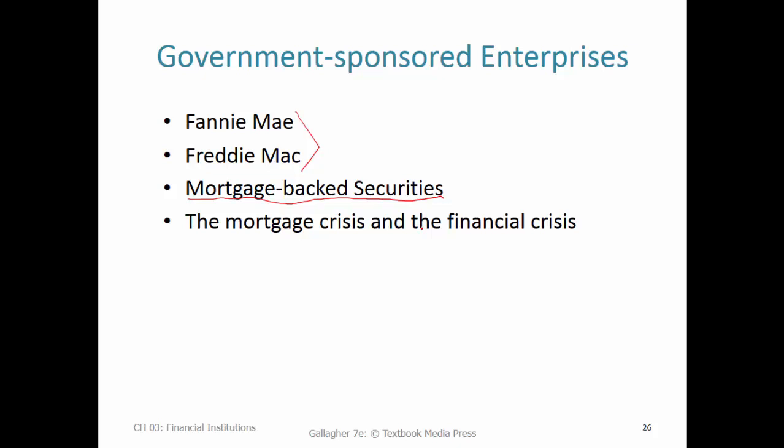Okay, so that wraps it with our quick overview of financial institutions, and that actually does it for Unit 1. When we come back in Lecture 4, we'll be diving into businesses' financial statements and how we can look at those and assess them to determine a business's financial health.